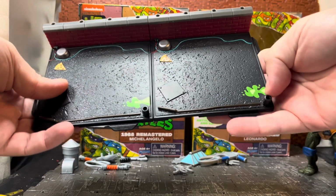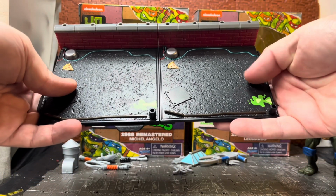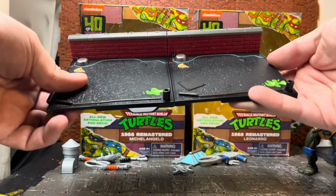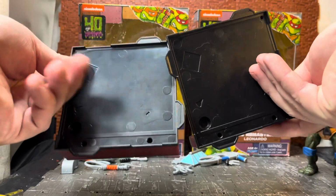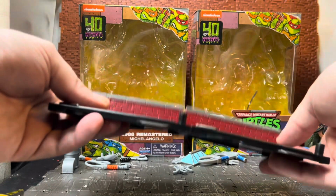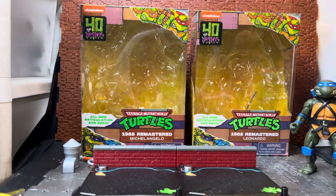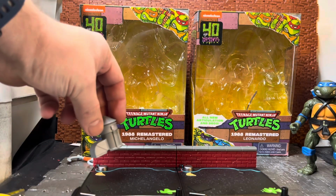It is interesting to note that each base has a slightly different, I think that's supposed to be Mutagen Ooze blob paint app. So I'm not sure which one came with Mikey and which one came with Leo, because they have been mixed up a bit. But I know which accessories came with which. So Michelangelo has this,